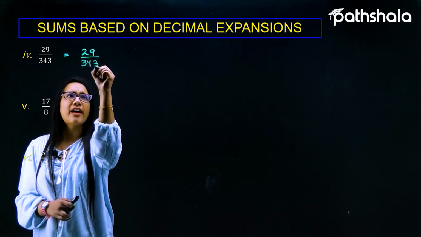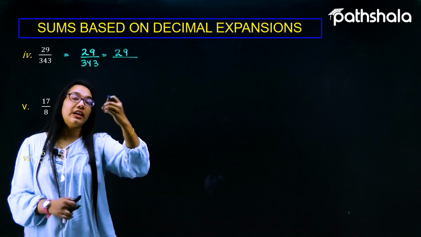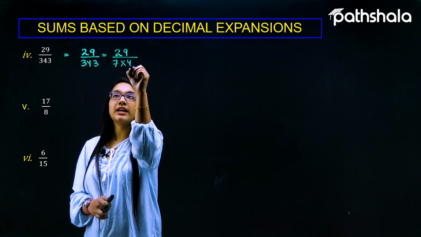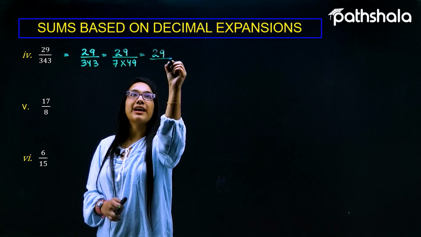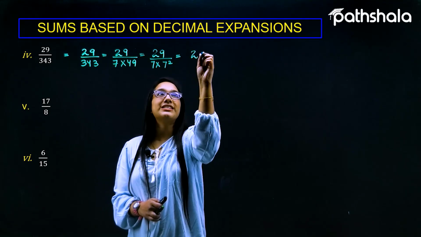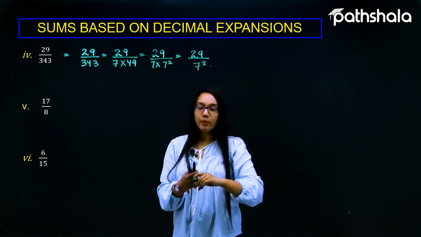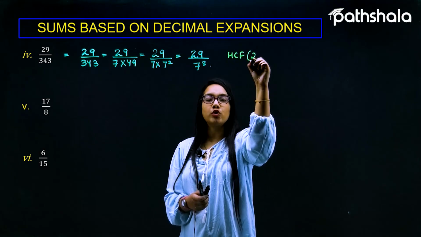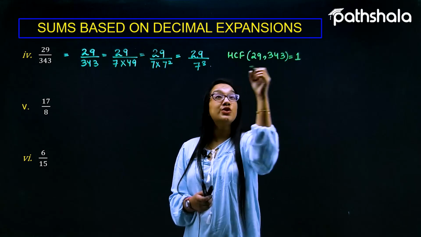Let's find the factors of 343. We know that we can divide 343 by 7, and 7 into 49 is 343. So we can write it as 29 by 7 into 49, which is 7 square, so it is nothing but 29 by 7 cube. First of all, the highest common factor of 29 and 343 is 1, but the denominator,